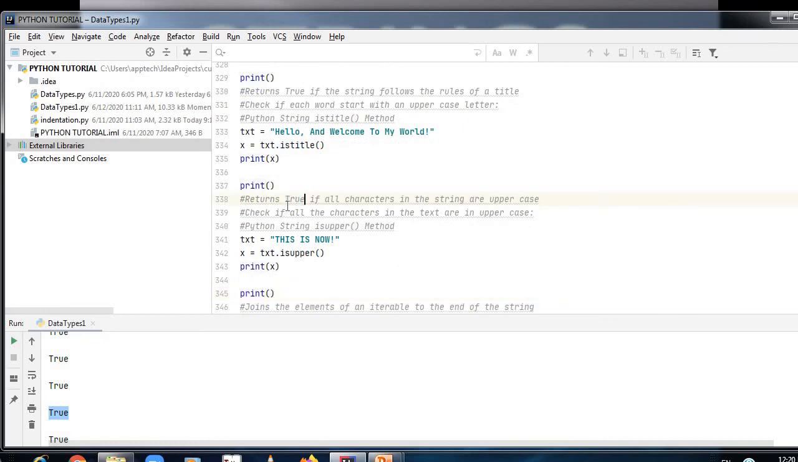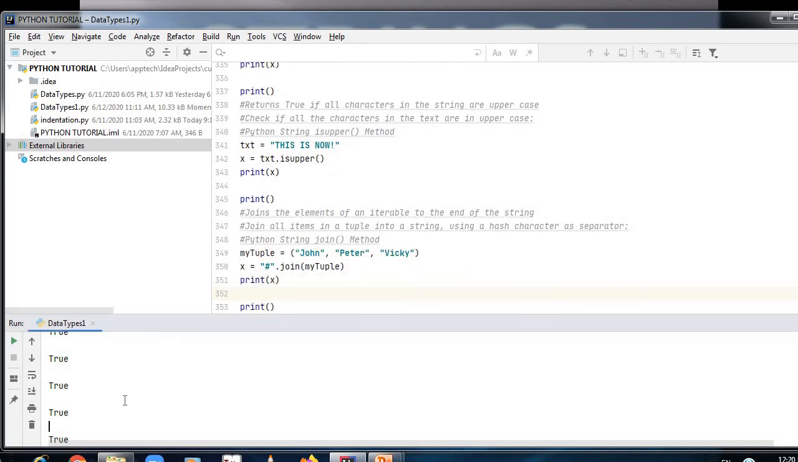Return true if all the characters in the string are uppercase. Everything is in uppercase, so using the isupper method, it will give me the answer: true. Check if all the characters in the text are in uppercase. Python string, using which method? The isupper method. Now here, after all the true,